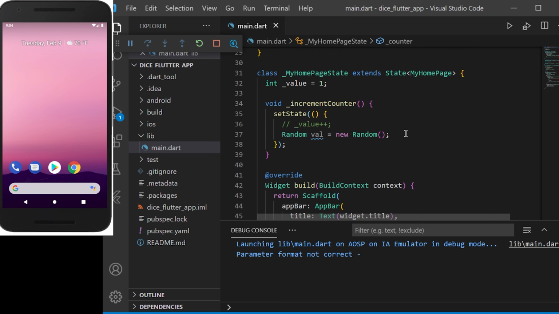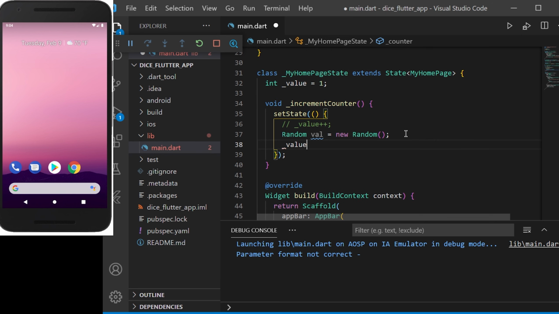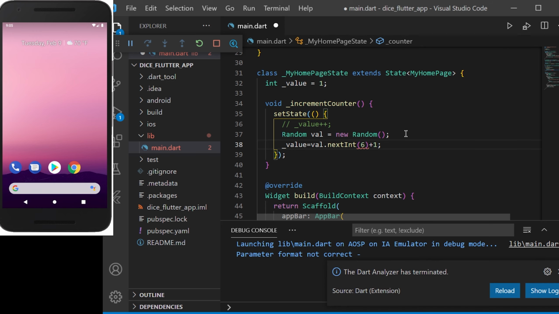You can see that the error has gone away. Now we'll be assigning the random value which will be generated to this value variable. We'll be using this nextInt function for generating a random value, and it takes the maximum value which we want. So we want 6, but we have to pass a value less than 6. So I'll add 6 to it. And as we have passed 6 in it, it will provide us a value from 0 to 5. So we need to add 1 to it so that every time 0 is generated, it is incremented by 1. And every time 5 is generated, it will change it to 6.